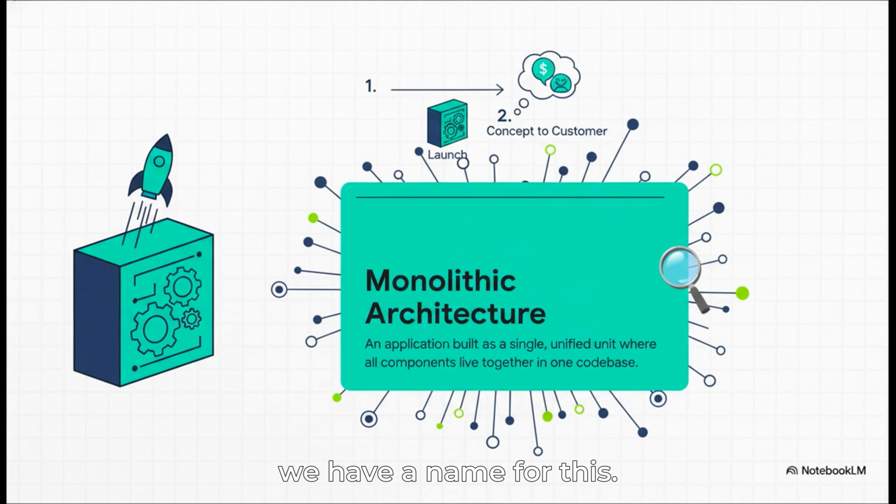Now, in the tech world, we have a name for this. It's called a monolithic architecture. Think mono, like one big stone. Everything, the user interface, all the business logic, the database stuff, is packed into one single code base. And you know what? A lot of folks, like the sources from Index9 and AlgoWorks point out, say this is the best way to start. It's fast, it's straightforward, and it gets your idea out the door quicker than anything else.